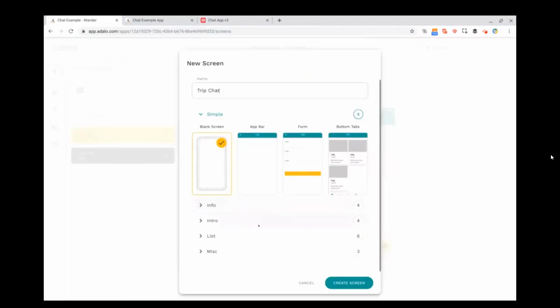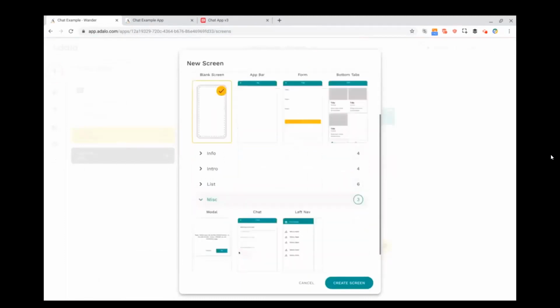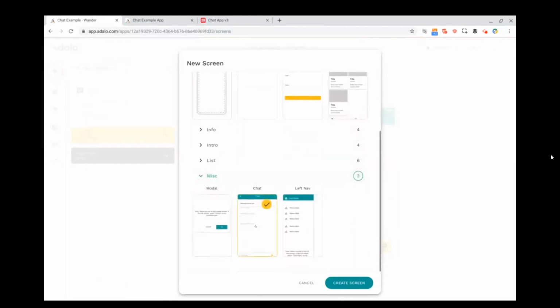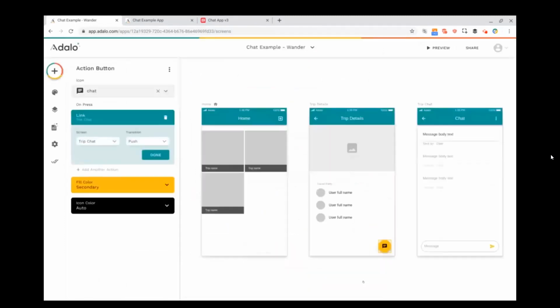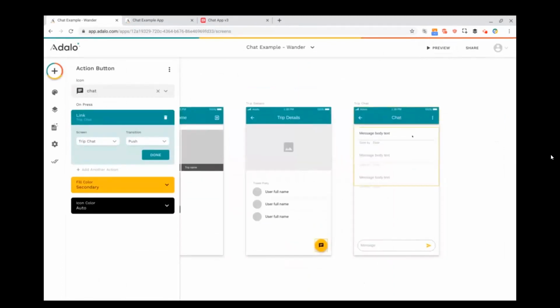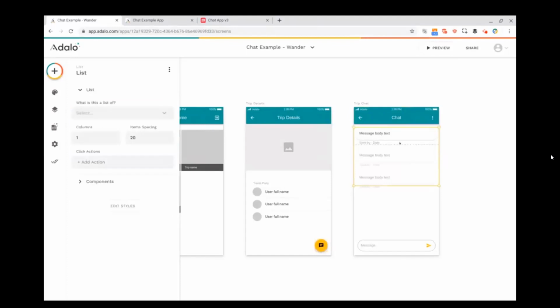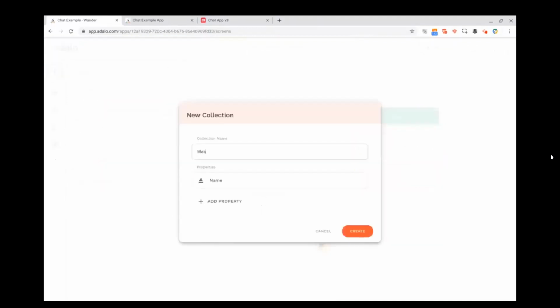In this button, we add the link to a new screen and get the chat template ready for us from Adalo. So whenever we click on this button here, it will send us to this new screen, trip chat, with a list. Now here we need to make this a list of what? This will be a list of messages, and we don't have that, so we create a new collection, a collection